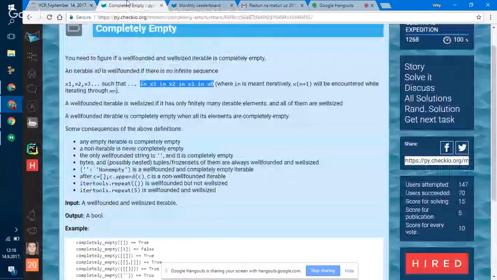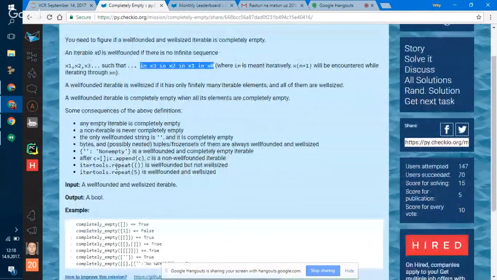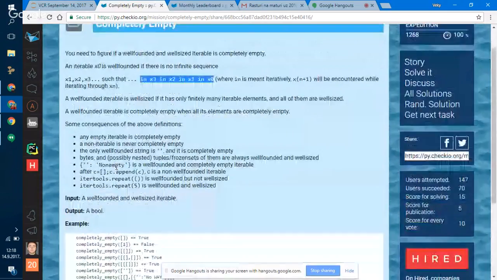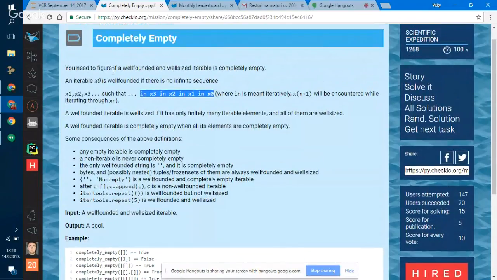So I really tried to pin down those examples and define precisely mathematically. Still, there were some counter examples, such as one that Stefan Pochmann found. I think that in the meantime, yes, it was fixed. So it is well founded and well sized. What is well sized? Well founded is that you cannot go in infinite depth, and well sized is that you cannot go in infinite width, because of course